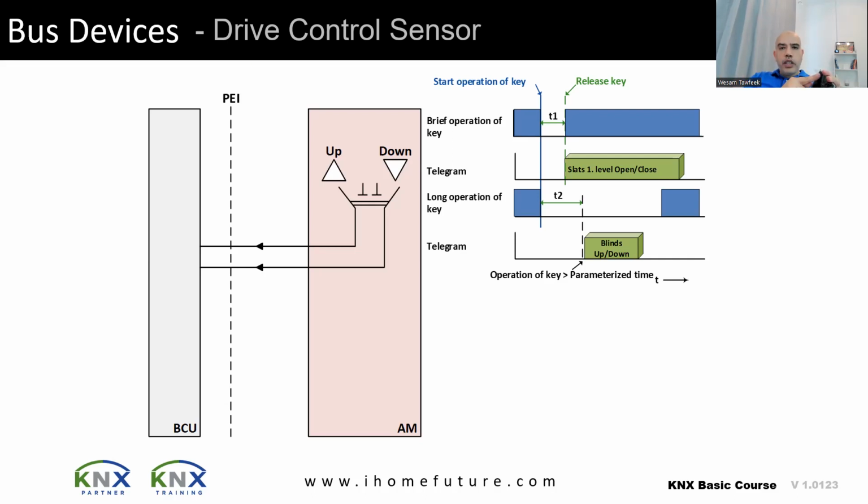So long press, it will start going up or going down. If I remove my finger, it will keep going. If it is going up, it will keep going up. If it's down, it keeps going down. Not like the dimmer. When I remove my finger from the dimmer, then it stops. Here, no, it will keep